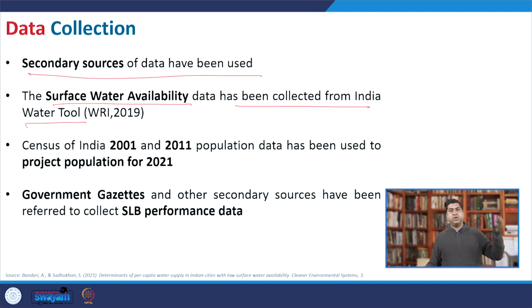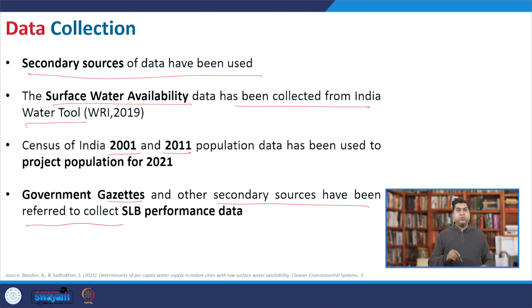They keep on updating, so we took the latest data. We gathered Census of India data for 2001 and 2011 population, and then projected it for 2021. Then government gazettes and other secondary sources were referred to collect the service level benchmark performance data for all 9